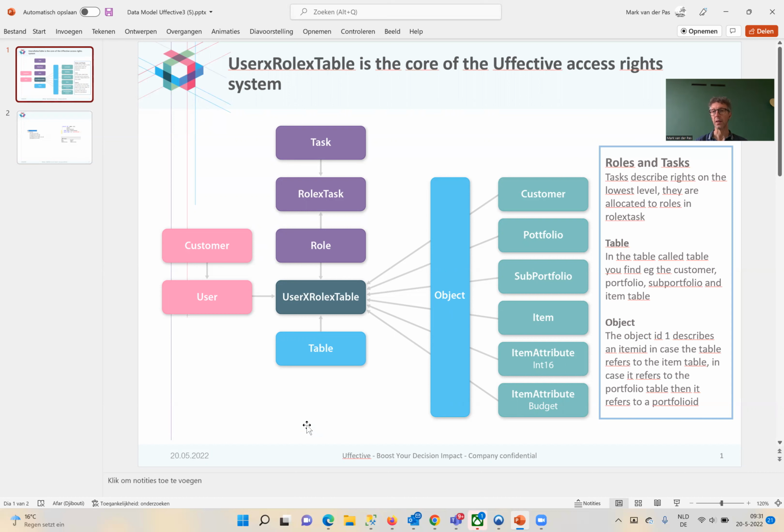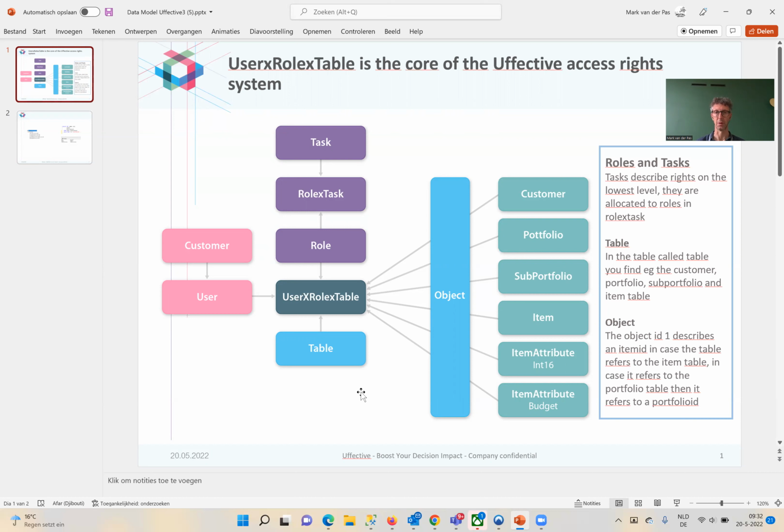Let's say we would grant Hannes rights to read all projects, then we would have the same user ID, we would have a different role, for example, portfolio reader, and then we would say the table is not an item, but now we are in portfolio level, and we grant, so we take the table ID of a portfolio, and we grant him the rights to read the portfolio ID, so the projects in this case, in this example, from